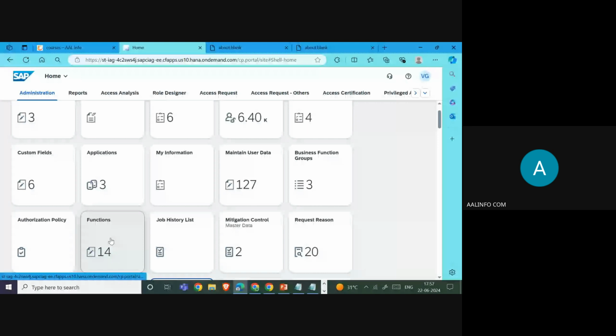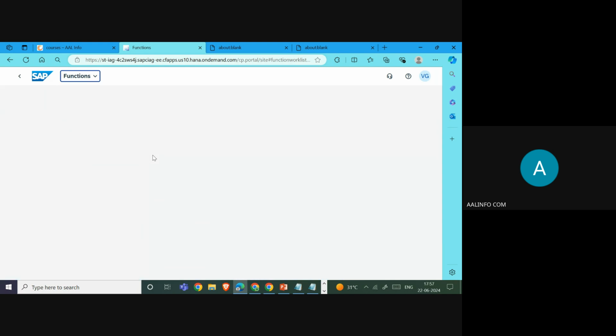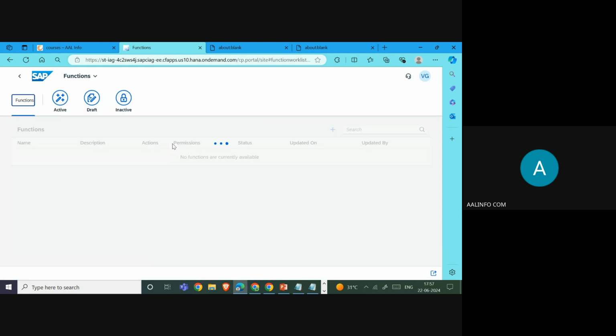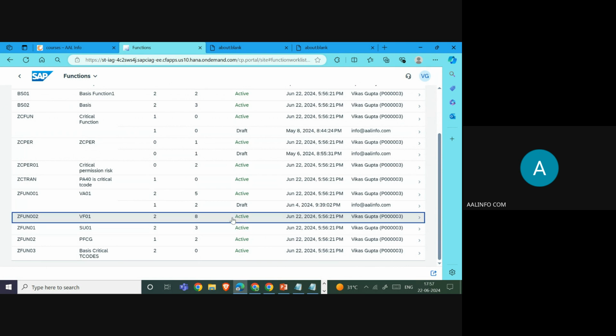In function 0002, you can look at what changes have been incorporated. Let's open the function. You have these many functions available here. We have made changes for this function 0002. And then if you open the function,